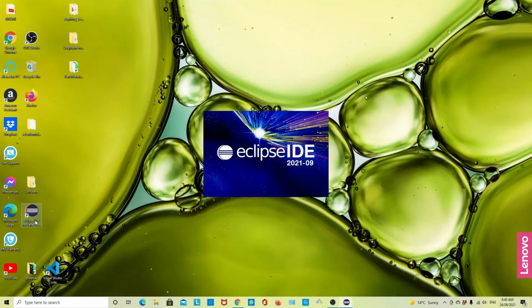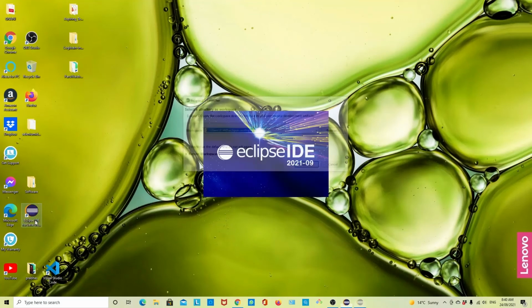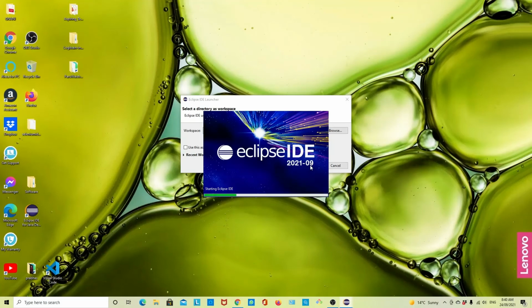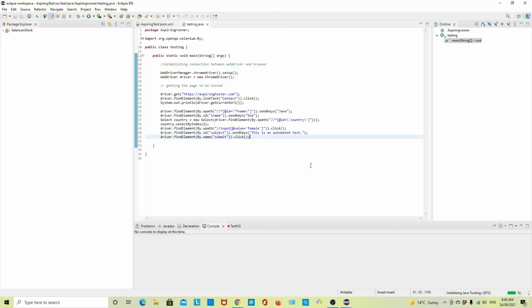I'll show you how to install or uninstall some plugins in Eclipse, because sometimes, not for Java, but maybe we want to use Maven or Cucumber, we want to make a project for Cucumber or Selenium. In that case, we may need some specific plugin for Eclipse. So what we are going to do